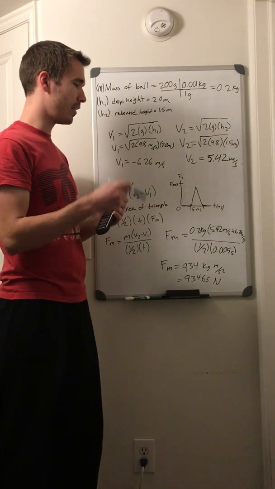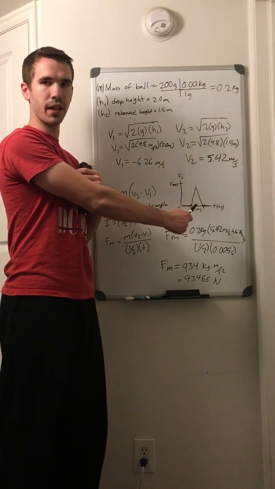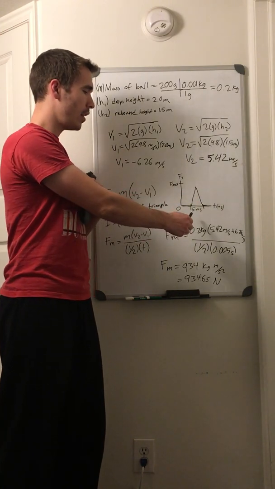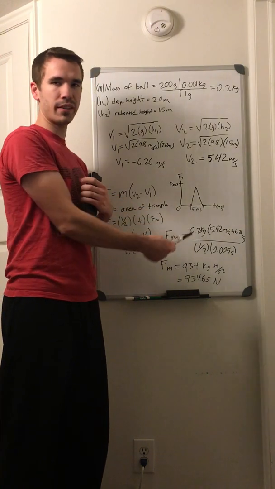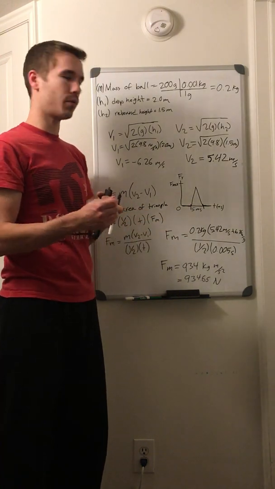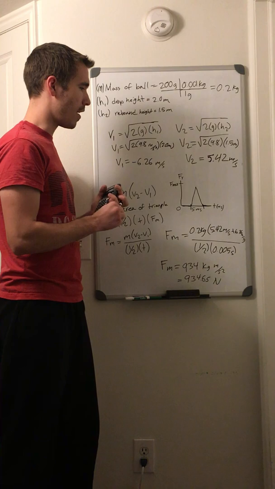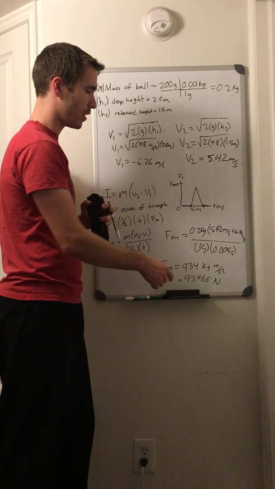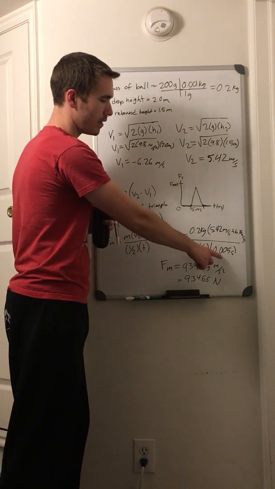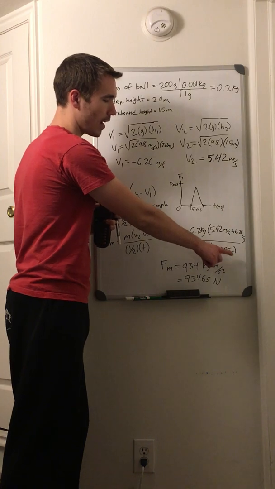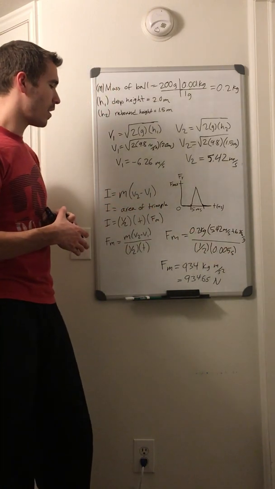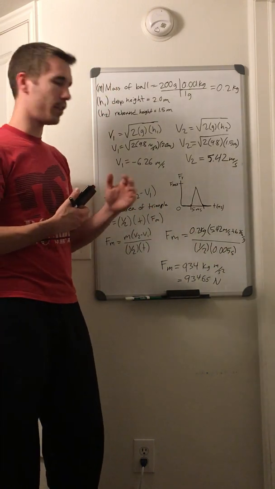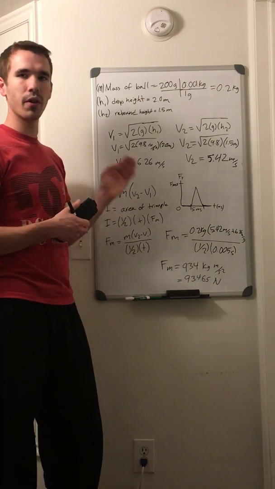Now to get the time, it actually provides it in our figure provided in the problem, which has it in 5 milliseconds. To get it to seconds, we just need to divide it by 1,000, which gives us 0.005 seconds. And so now that we have all the information we need in our problem to solve for the maximum force,